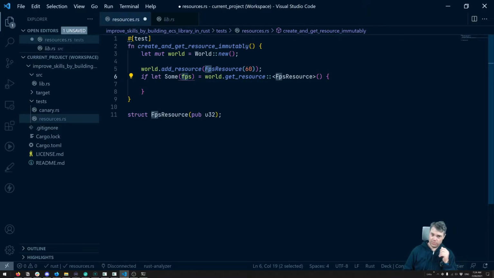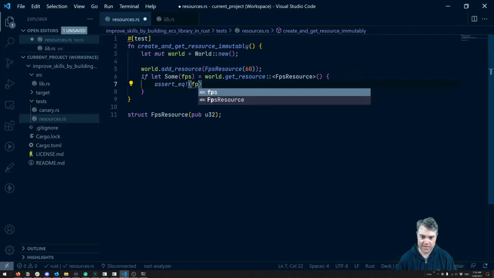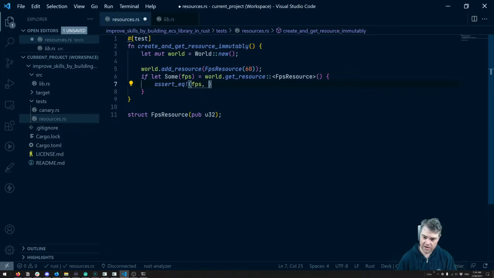And then at this point, we could just test the assertions to make sure that it works just fine. We'll do an assert equal. We'll look at FPS, and we should be able to just compare with a new FPS resource here. Now, if I want to extract the data, I would have to do .0,